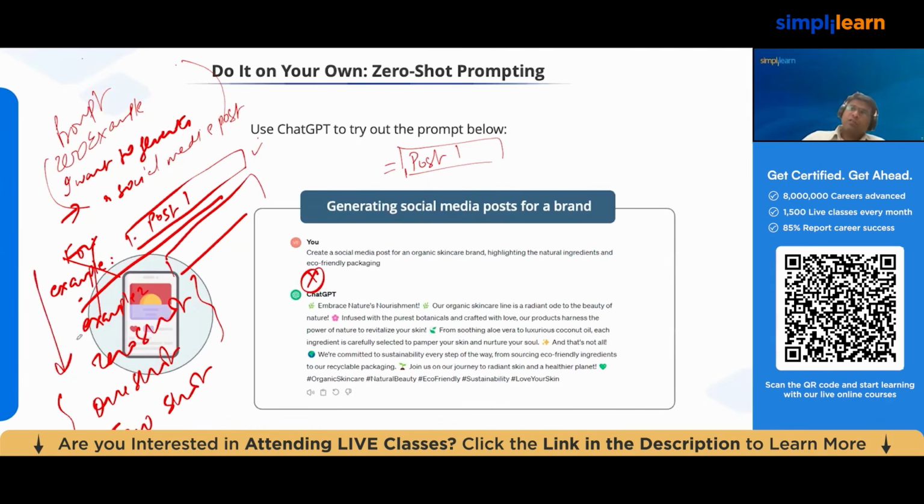If you provide more examples, the more the better, but this comes at the cost of tokens, as I already explained. You can give as many examples as you like, but that comes with the cost of tokens, right? Generally, instead of zero shot prompting,